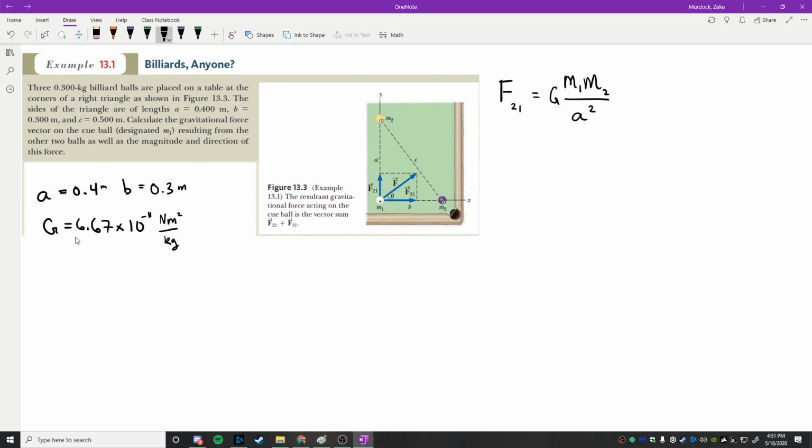But as we will learn, there's some problems with gravity. It's one of the biggest problems in physics right now. So this is the universal gravitational constant, and then what else do we have? We've got mass 1 is... Oh, they're all the same. So mass 1 is equal to mass 2 is equal to mass 3. That's nice. Everything is going to have the same mass. So 0.3 kilograms. So if we plug all those numbers into our calculator...